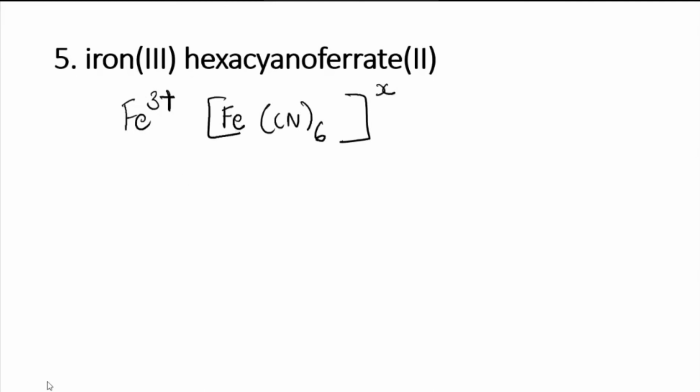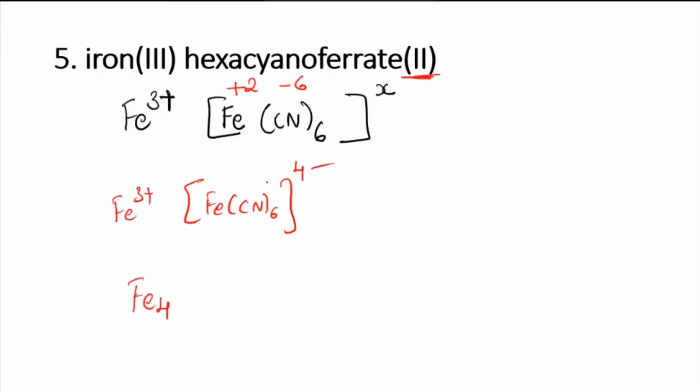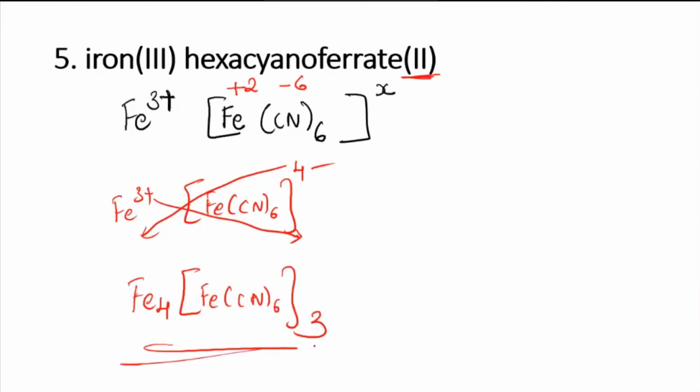Okay, I will not do the calculation directly. I will show you here. See, Fe value is +2. It's given here, ferrate. Okay, you can see this side. So this is +2 and this is -1 into 6. So that's -6. So you can understand what will be the charge which will be coming on this whole coordination sphere. So that will be -4, no? So I can write here, this is Fe3 plus and that's FeCN6 4 minus. Then you cross the valency. So you get Fe4 because this 4 comes here and this 3 comes on this side. So Fe4, then FeCN6 3. Okay, good. Followed? Any doubt now?